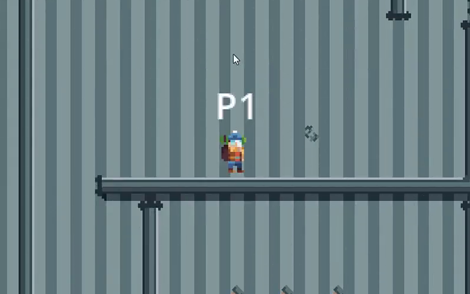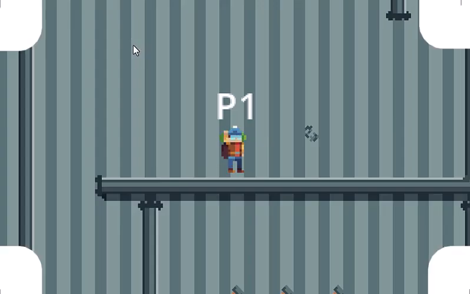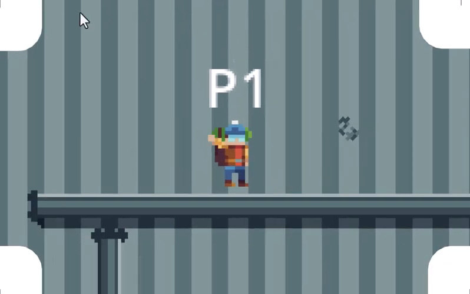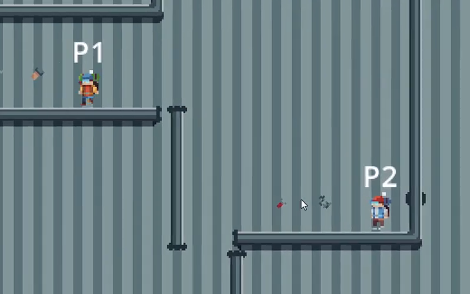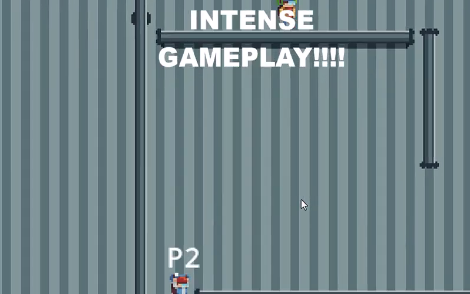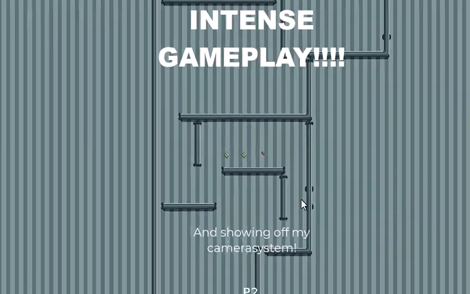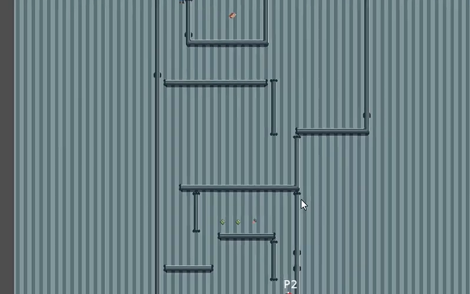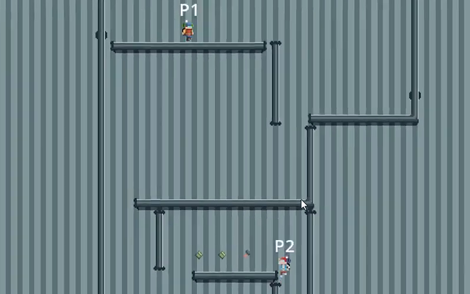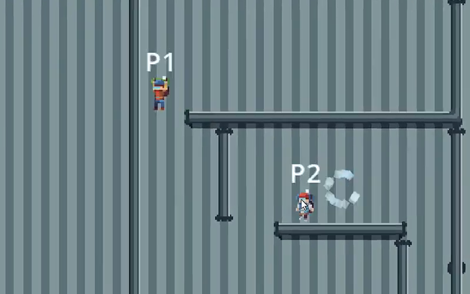After that was done, I started work on creating my own camera system, which can zoom in and out according to where the characters are, which took far too long. It probably took so long because I refused to watch a tutorial about it, but oh well. I wanted to show you how I did it, and if anyone has any improvements, please let me know in